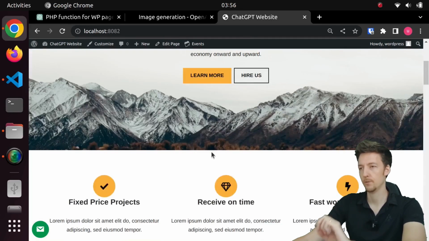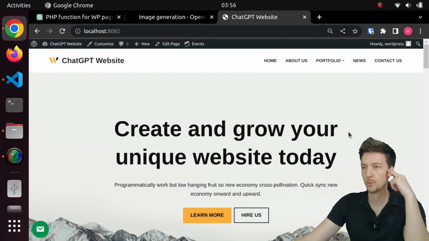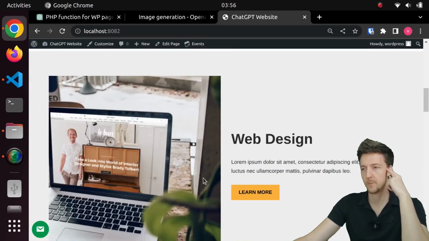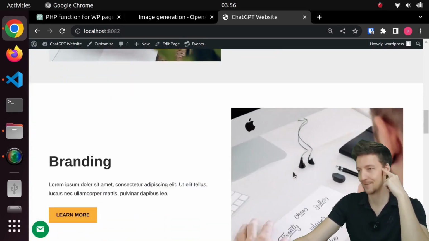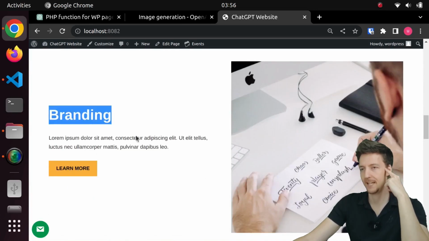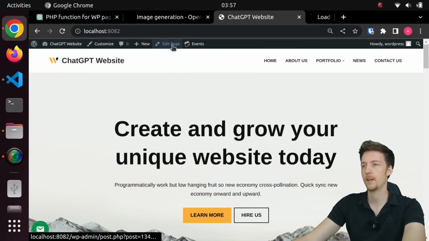So here's what I want to do. First, I want to create a JSON representation of this page. So how could we do that? All of these rows could be called blocks, which I think they are in WordPress. And then we could have a heading and a paragraph and a link and an image. So let's go first to the edit page